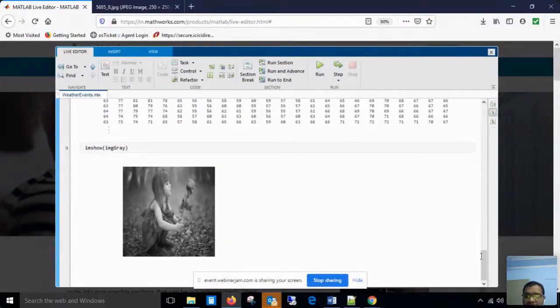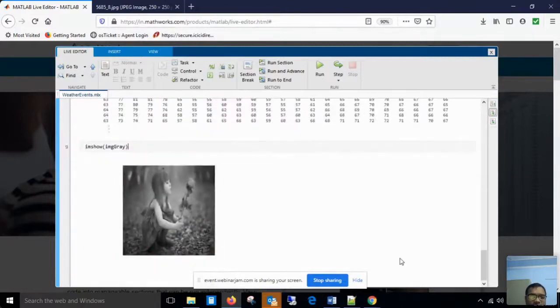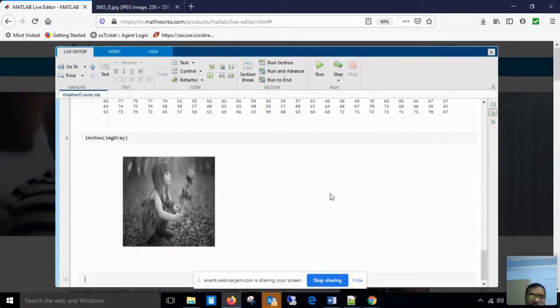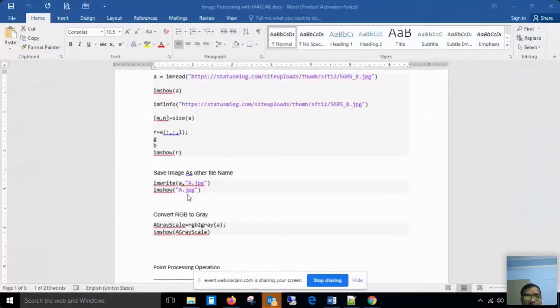So the simple function is rgb2gray, and using the rgb2gray function you can convert that image into a grayscale image. Now if you want to use this grayscale matrix in any of the functions, you can utilize it. Sometimes in image processing applications it is necessary to convert colored images into grayscale images. By using a single command you can convert your colored images into grayscale images. Okay.